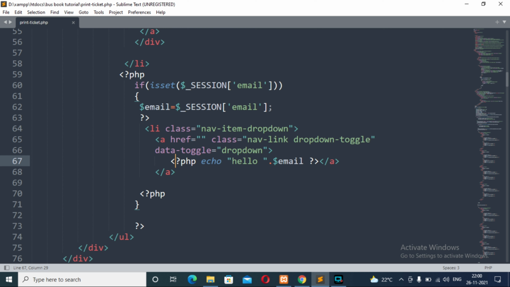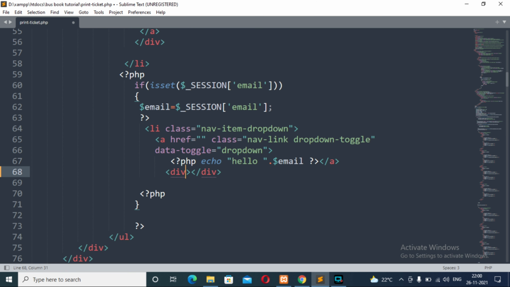After the first anchor tag, okay, why this anchor tag here? There is no use of this anchor tag. After the anchor tag, on line number 69 or from line number 68,